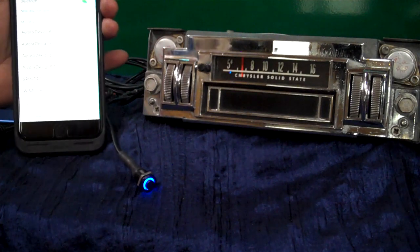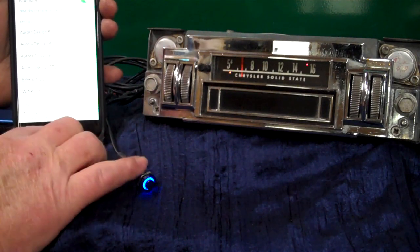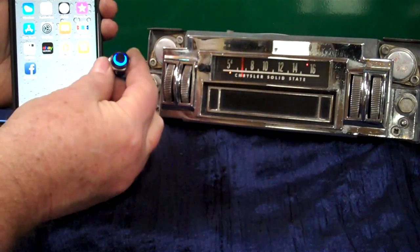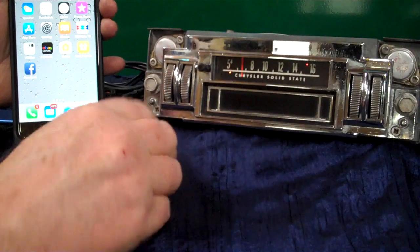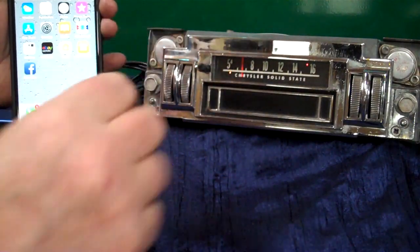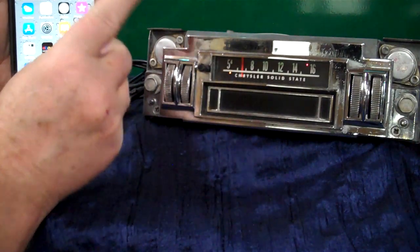Pairing completed. Device connected. Now we're connected up. Notice the lights turn, stays there. You can put this anywhere you want to, underneath the lip of the dash or somewhere where you can get to it. Because what you're going to do if a phone call comes in, you just press this once, answer